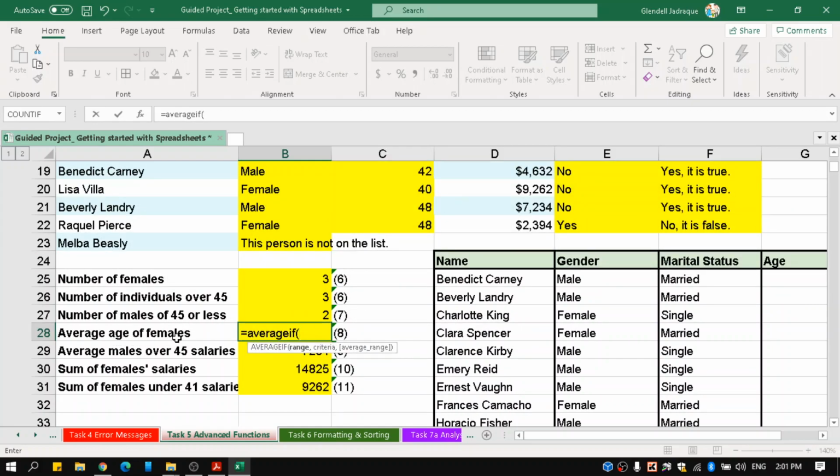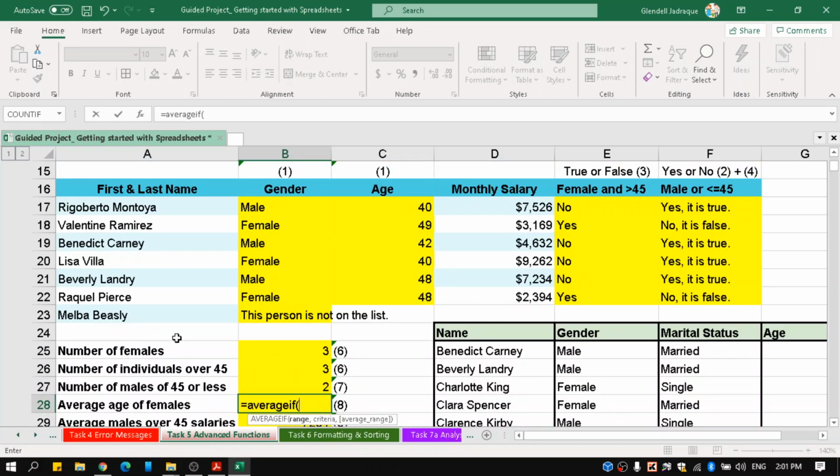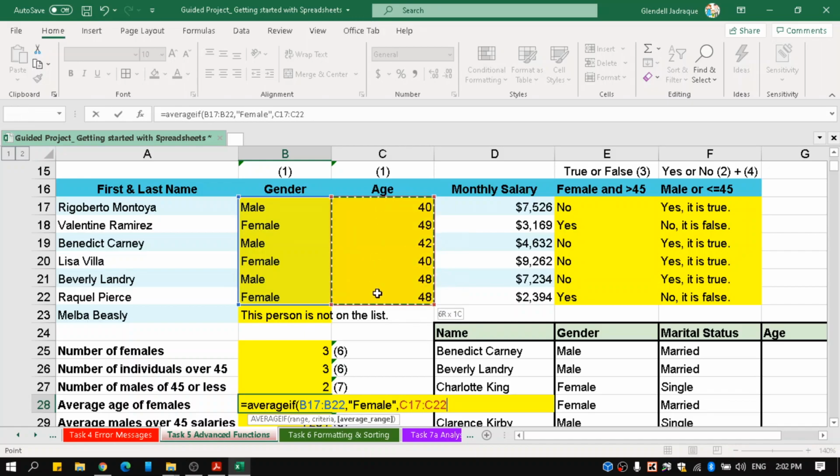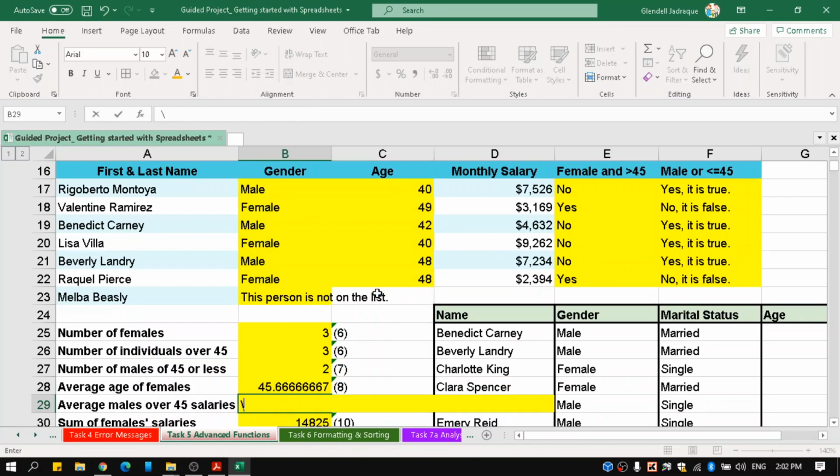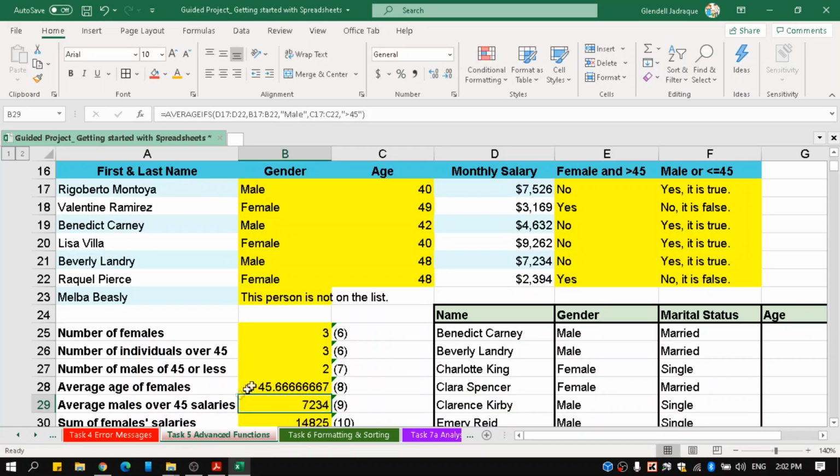Let's look for the females first, here in the gender. It is looking for a criteria, meaning we're looking for female, so quote female quote. And then it is looking for the average range. Which particular part are you trying to average, right? Since we are trying to average the ages, I'm going to highlight this part right here, close it, and hit enter. That means that the average age of all females, 1, 2, and 3, is